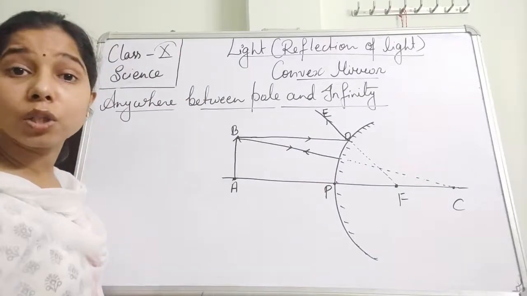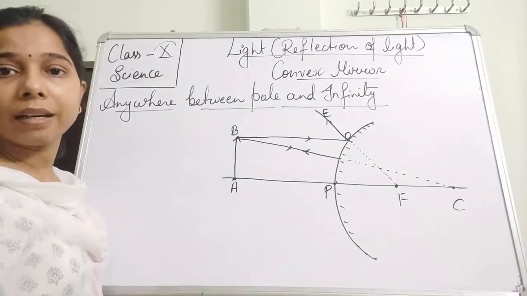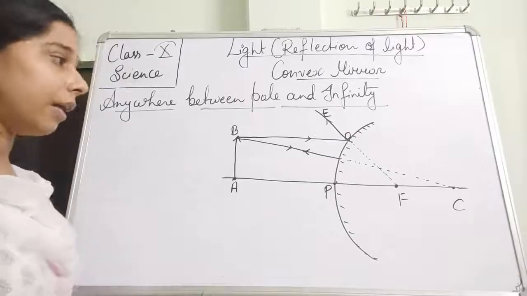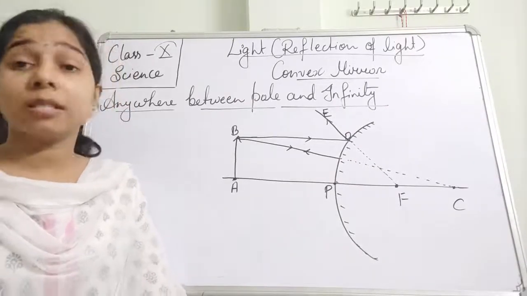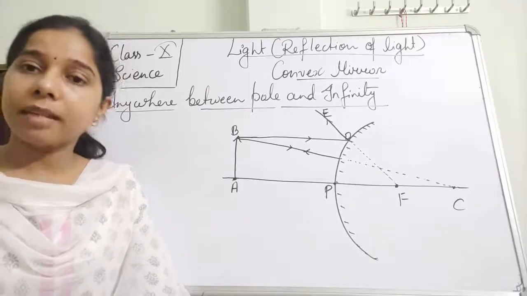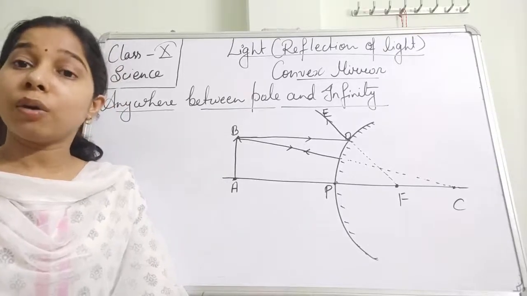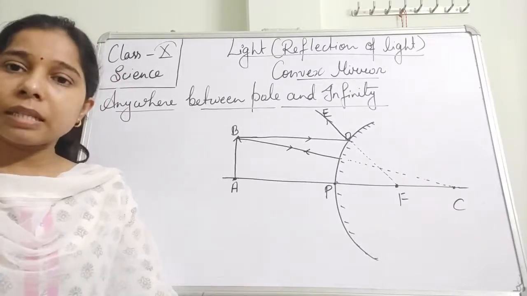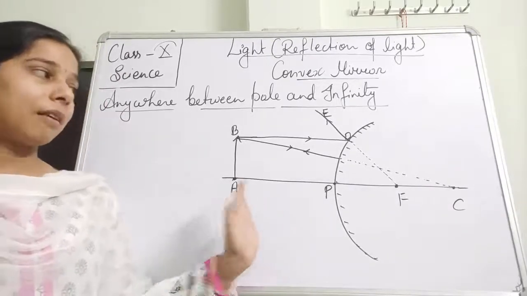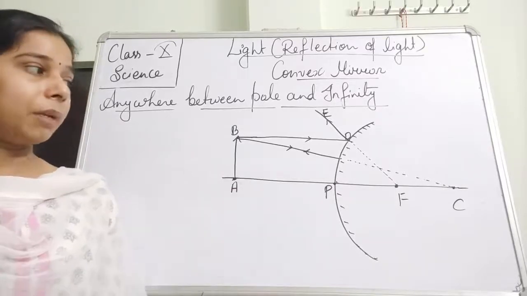This is according to rule number 2, in which we say a ray of light, when it falls on the reflecting surface, or which seems that it is going towards the center of curvature, gets reflected with the same path. So according to the first and the second rules, we get this particular image.